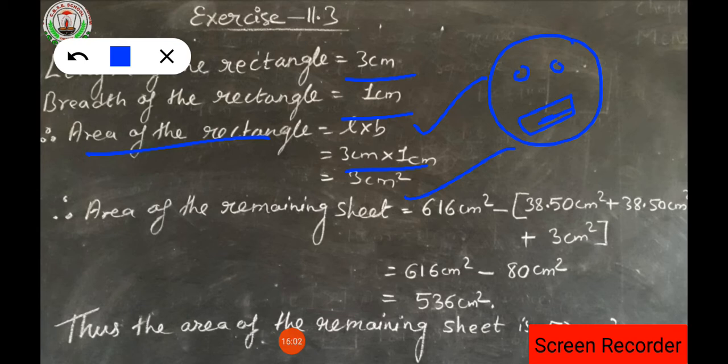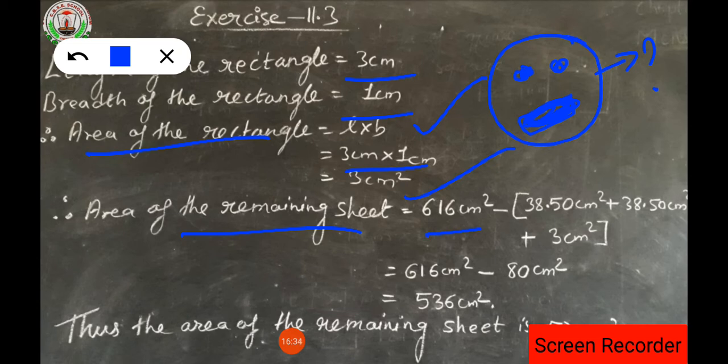Okay. Now in this question it is said that if from this face, or circle, we remove the two circles as well as this rectangle, what is the area left inside? What will be the area left for the remaining part? That means the area of the remaining sheet we have to find, isn't it? So the area of the remaining sheet is equal to